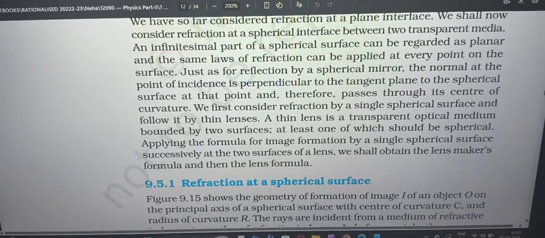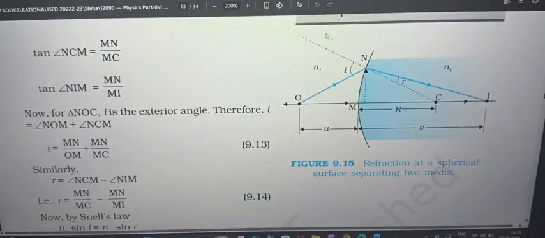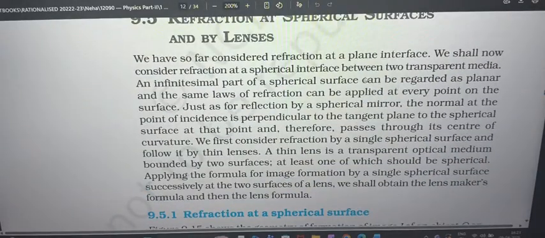It should pass so that it will be like a tangent at the spherical surface. It will be perpendicular to that. If we look here, through the center of curvature this normal will pass, and this is curved, right? You can just draw a tangent over here so that it will be like a straight line, and the normal will be perpendicular. It will be 90 degrees. So generally if it is a spherical surface, we draw tangents to get that straight line, and the normal should pass through the center of curvature and it will be perpendicular. So that's the only difference over here. Rest, all the laws of refraction will work over here also.